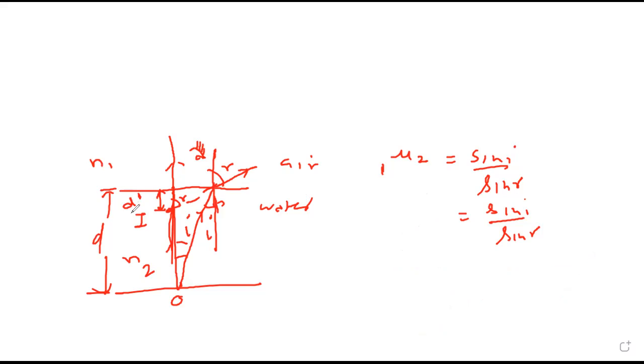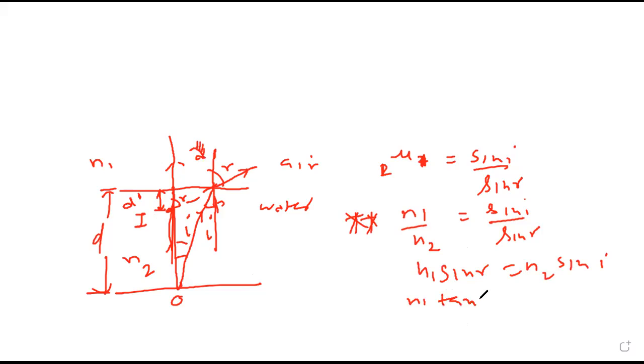In this case light is going from 2 to 1. So the second medium is actually 1, correct? As per the writing, the second medium is 1, and this is 2. So that means it is n1 upon n2. Writing method clear? So n1 sin r is n2 sin i. N1 means that medium where light is entering, for our writing part. So we can write n1 tan r equals n2 tan i.